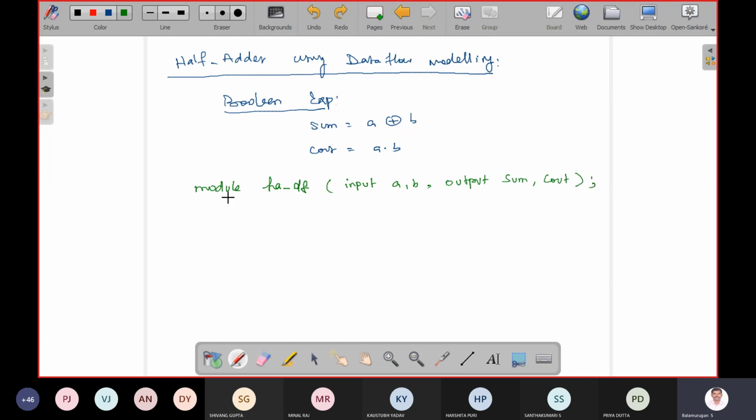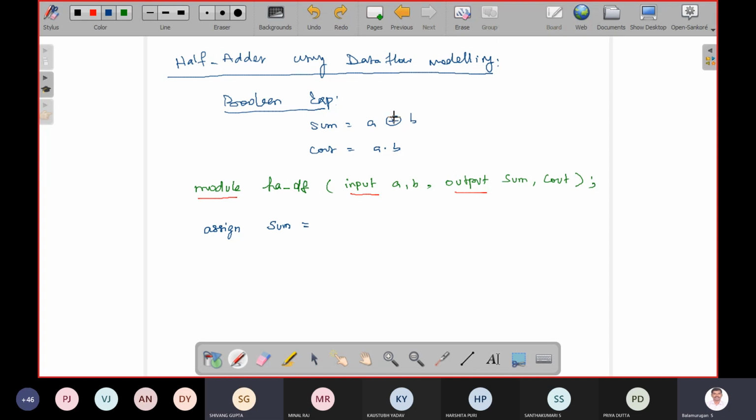So that's all about the first line. The first line has module as a keyword, then the module name is user defined. You can give it uppercase or lowercase here also. But whatever I underline here is a keyword. You should not use it for some other purpose, and you should not use capital letters there. So these are the keywords. Next, since I am writing data flow modeling, I have to use the assign statement. Assign is a keyword, lowercase. Assign sum equal to,